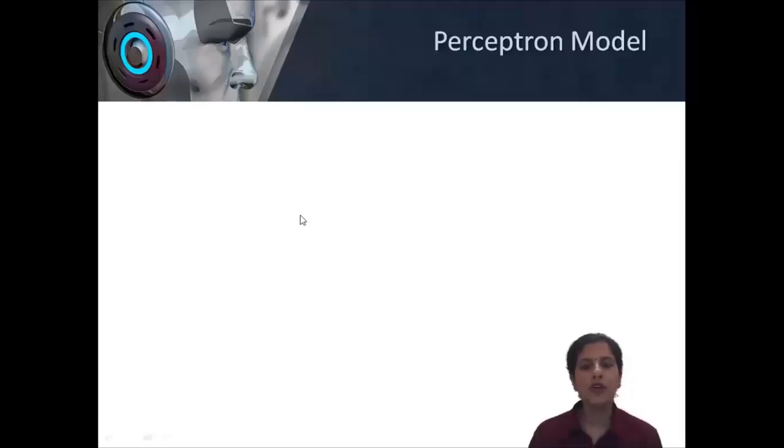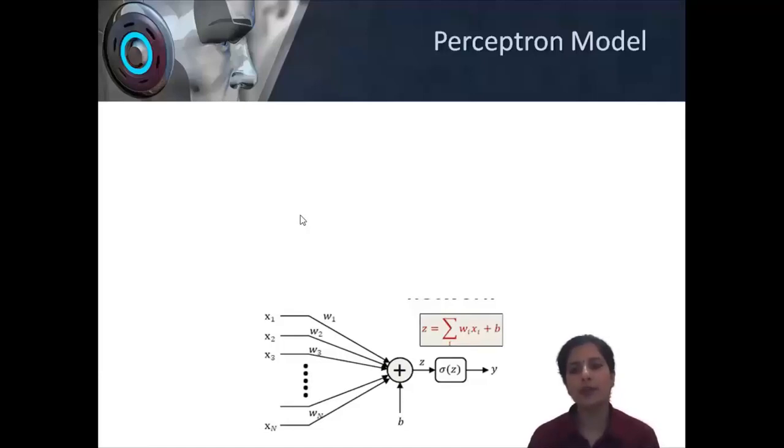So now we talk about the perceptron model. The perceptron model was definitely an improvement over the McCulloch-Pitts model. That was the first one. This was introduced by Rosenblatt in 1958. Even the present day networks or models which are being used are based on the perceptron neuron model only. So this was the most popular and commonly used model.